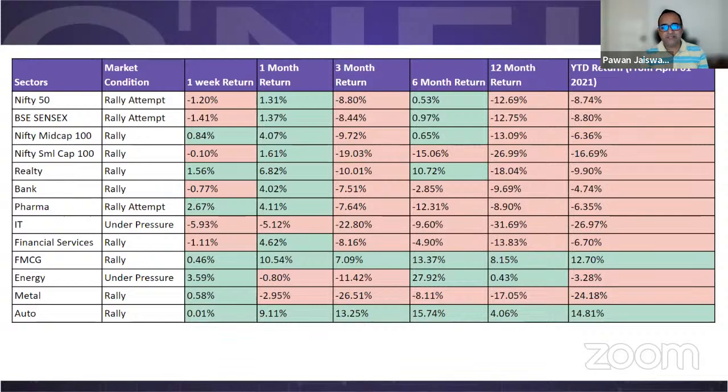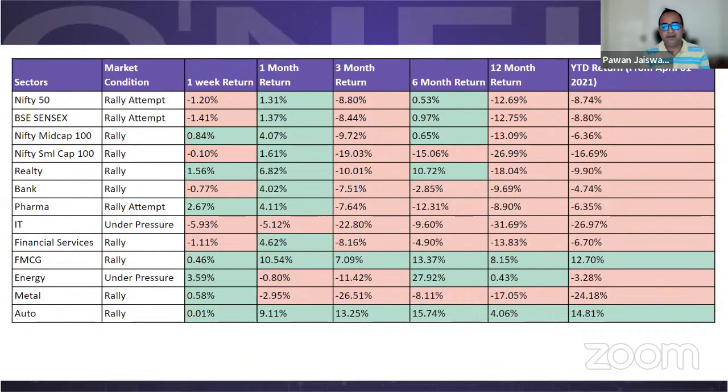Number one, the biggest loser is IT. Second biggest loser is metal, and third is financials. Apart from that, auto is relatively outperforming. FMCG is relatively outperforming,